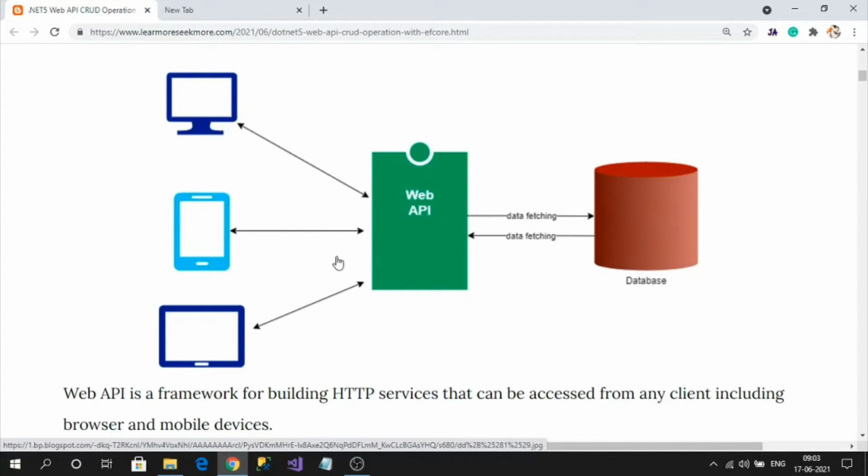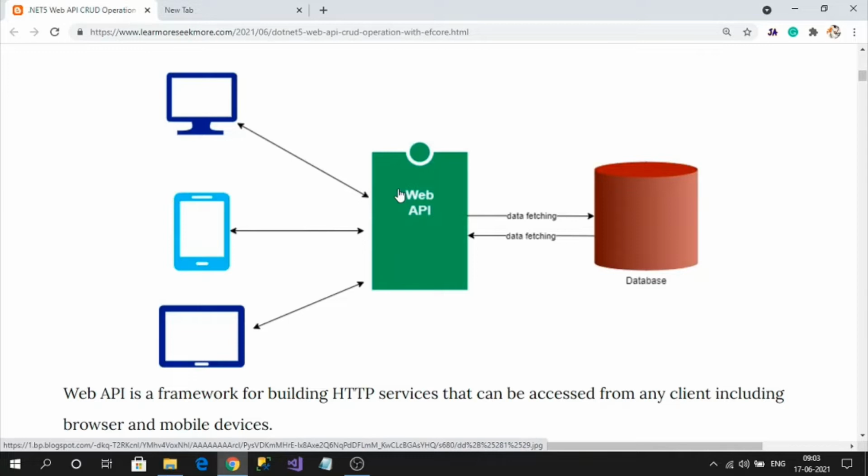Any kind of application, either desktop, mobile, or web, can consume our Web API more easily. That is the benefit of Web API. In modern application development, the most preferable way of implementing is Web API, because mostly everyone is opting for single page applications, and the backend of single page applications will always be APIs.